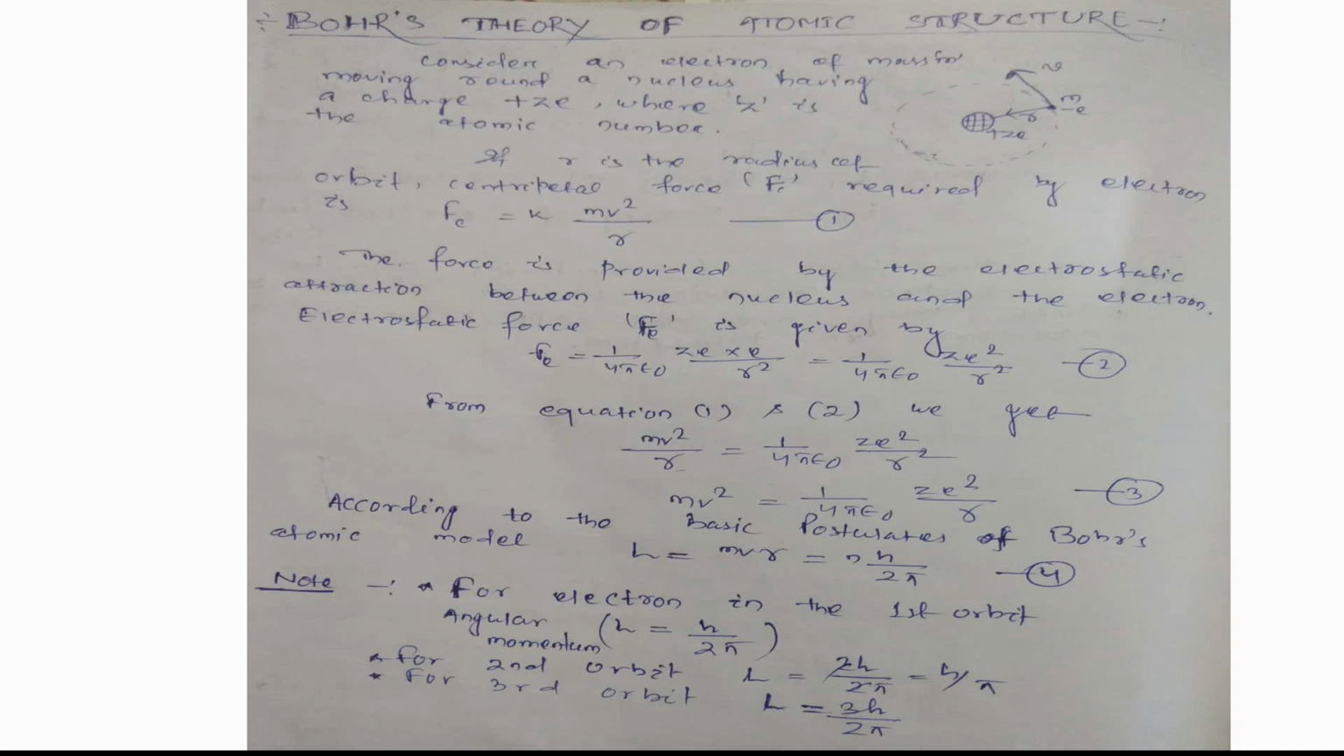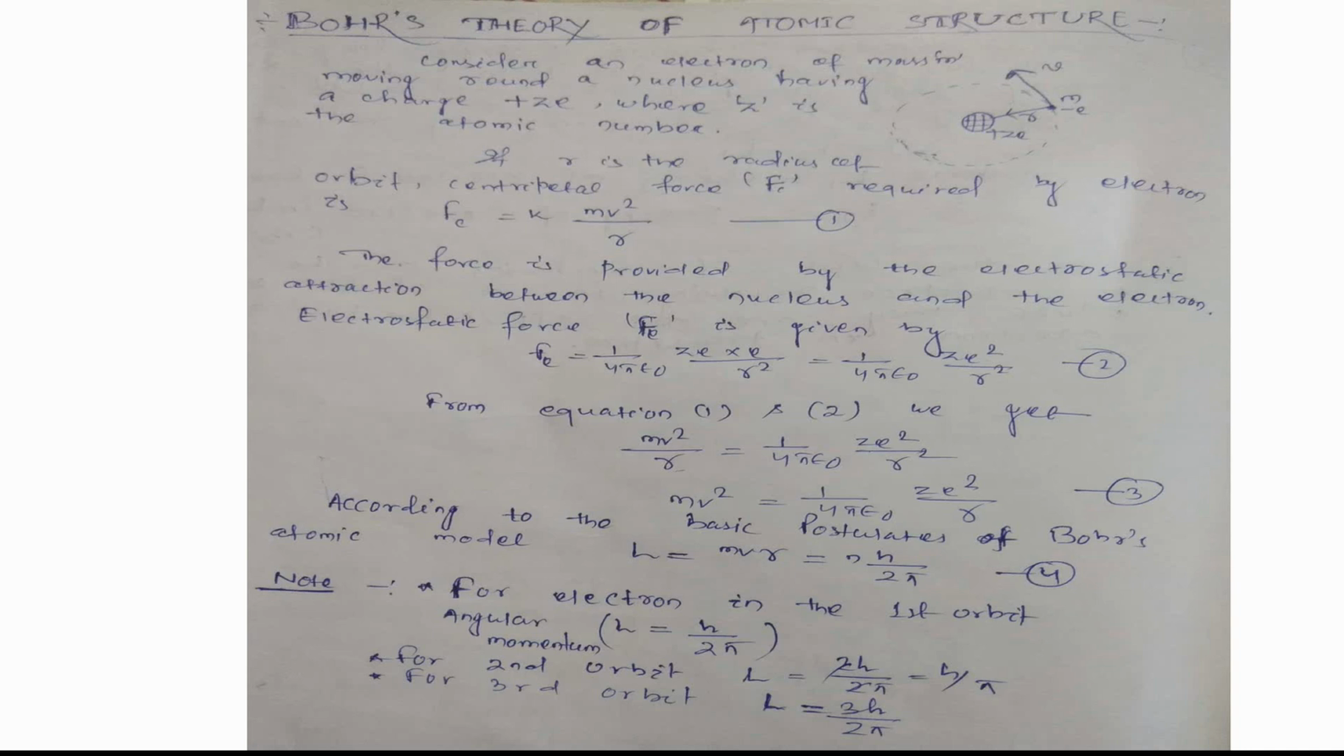So today we will discuss Bohr's theory of atomic structure. Before that, I just want to repeat Bohr's model of the hydrogen atom, the postulates that we have already read in my previous class. Bohr modified the Rutherford model of the atom, and he said that the electrons are revolving around the nucleus